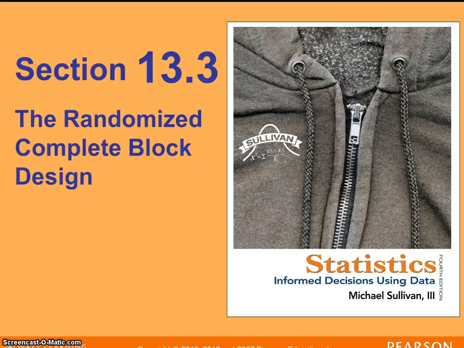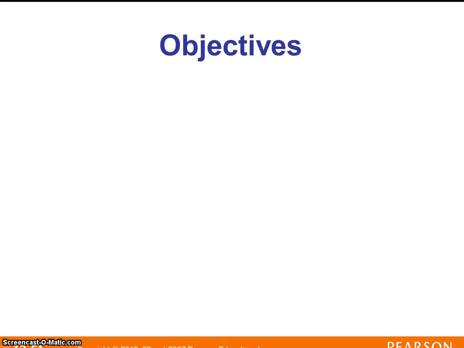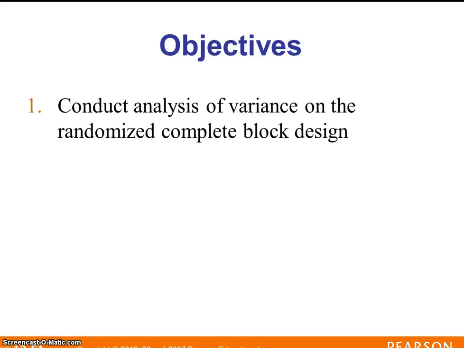Hi everybody. In this section 13.3 we want to talk about randomized complete block design. So the objectives here will be to conduct an analysis of variance on randomized complete block design, so we are still going to be doing our ANOVA test, and then perform the Tukey test on that we talked about in